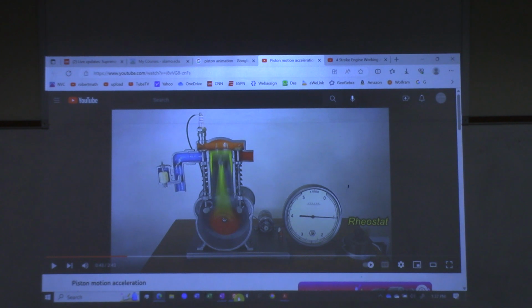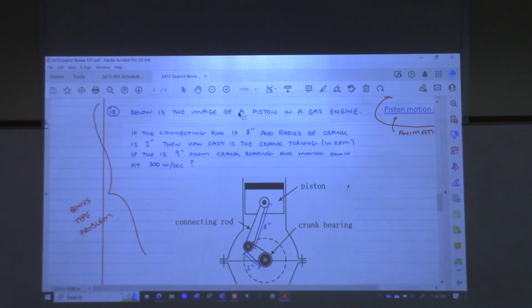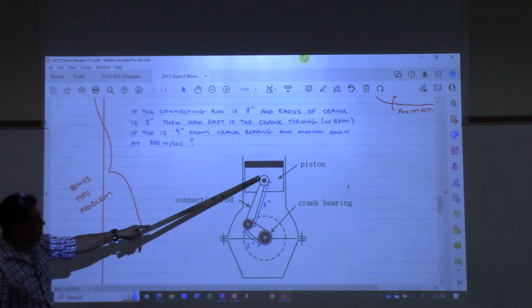So here's a problem that I gave another class, and we're just going to do this problem. Now, I messed up some of the wording, but so here's what I say here. First, some terminology. This is our piston. This is our